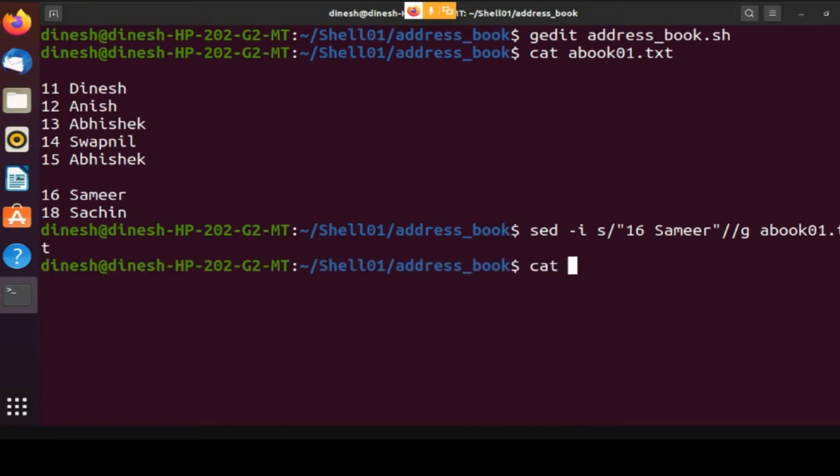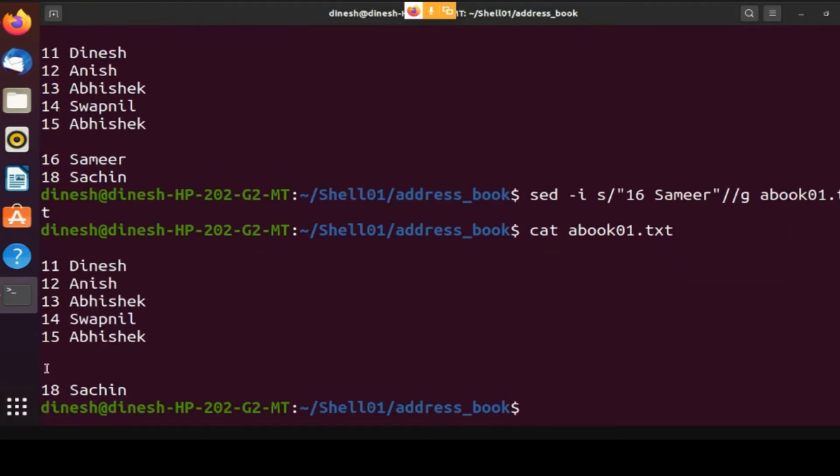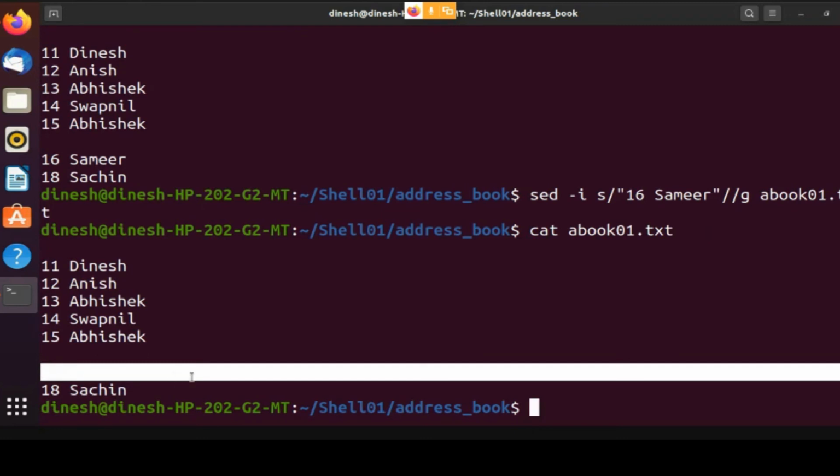And then look at this by the cat command, cat abook01.txt, and then look at this. The 16 is gone, but it comes with a blank line. It comes with a blank line, and even that can also be done. So I'll just show you. sed -i, then this is what it is. Let me just think about it.